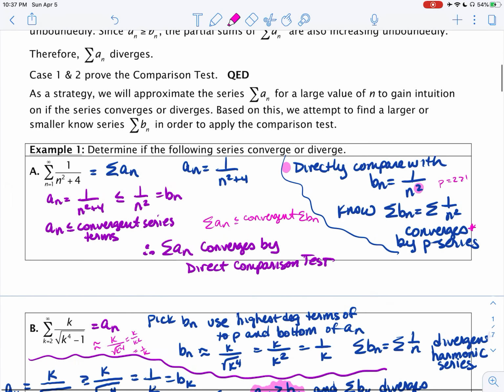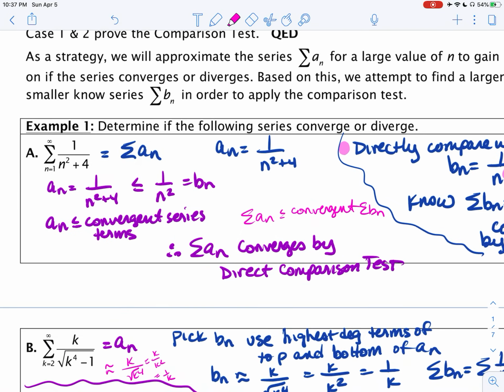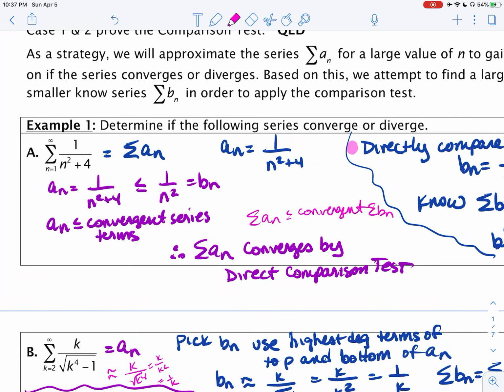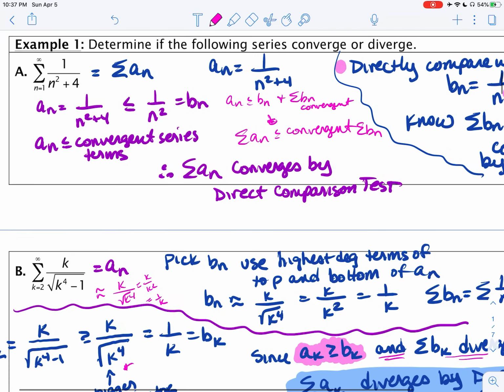And so if I'm going to use the direct comparison test, then I have to show that my a sub n is less than or equal to b sub n and have my b sub n convergent, because my series needs to be smaller than a convergent in order to make a conclusion. If my b sub n were divergent, I would want to show that my a sub n was bigger than that divergence so I could make a conclusion. Okay, so